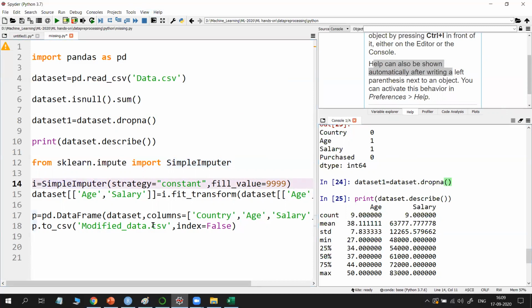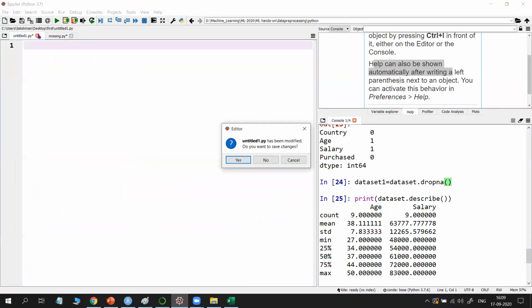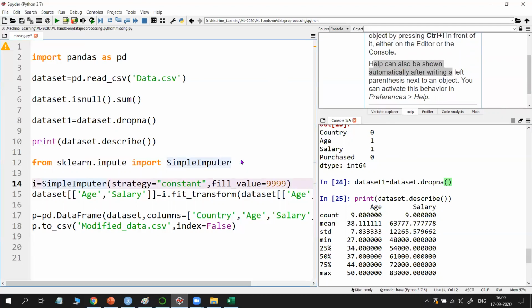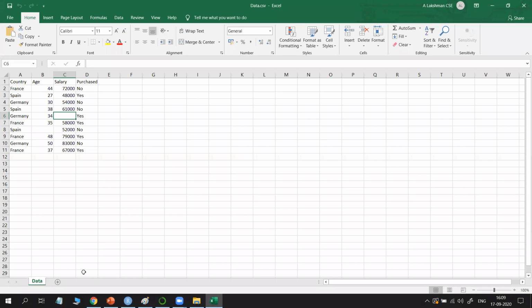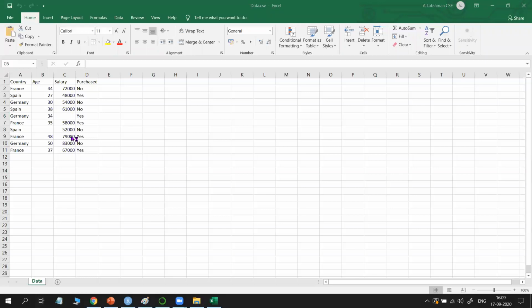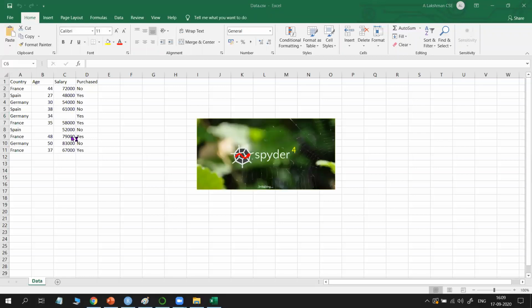Okay, actually it is not working for me because the net connection may be slow or whatever may be the problem. So if you face these types of problems, simply quit Spyder and once again try to open it. So how to open Spyder? You can directly open Spyder by searching Spyder in the search also. No need to open Anaconda again and again. I am closing this Anaconda. So just type Spyder in the search and open it.